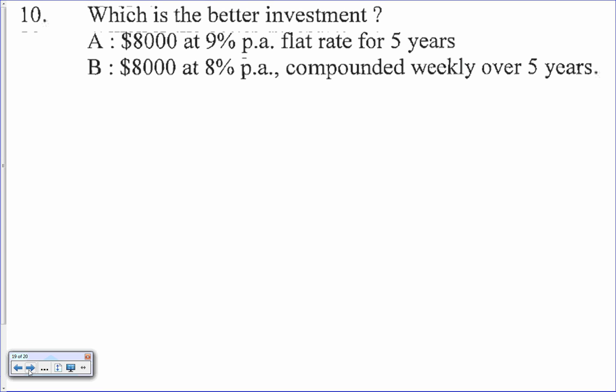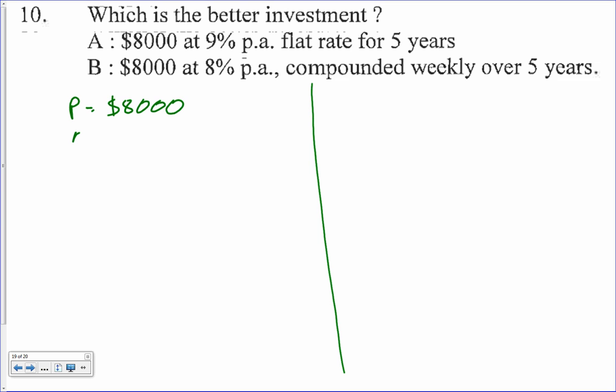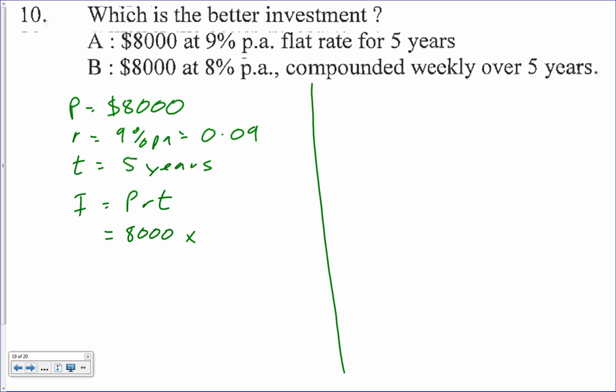So which bank has a better investment, Bank A or Bank B? So Bank A, it's a flat rate. So that's going to be our principal equals 8,000. Rate equals 9% per annum, so it's 0.09, and time equals 5 years. I equals PRT, so it equals 8,000 times by 0.09 times by 5 equals, so again we get our calculator out,